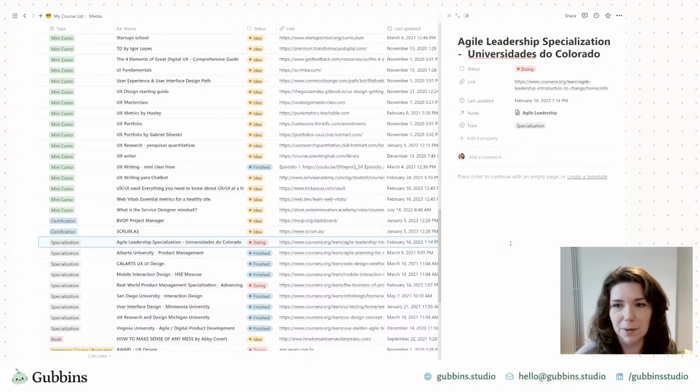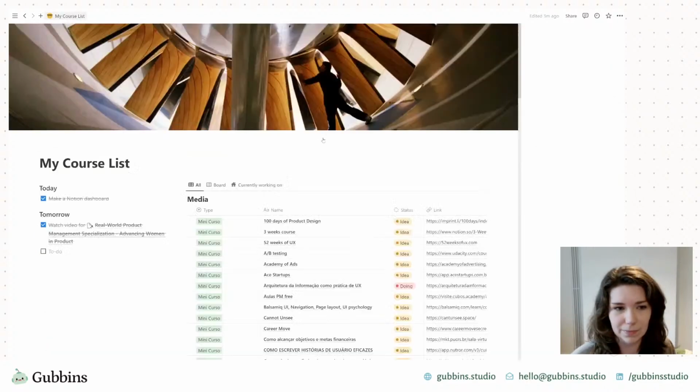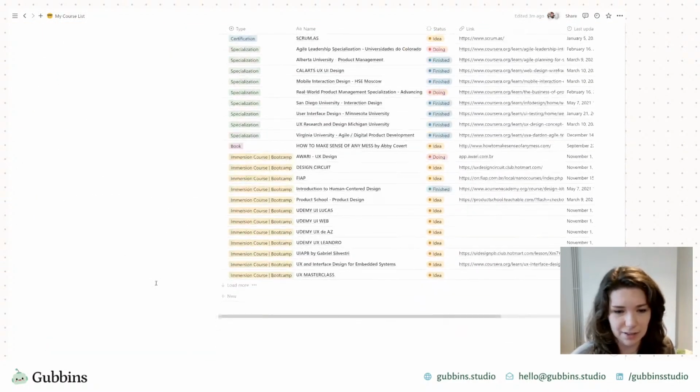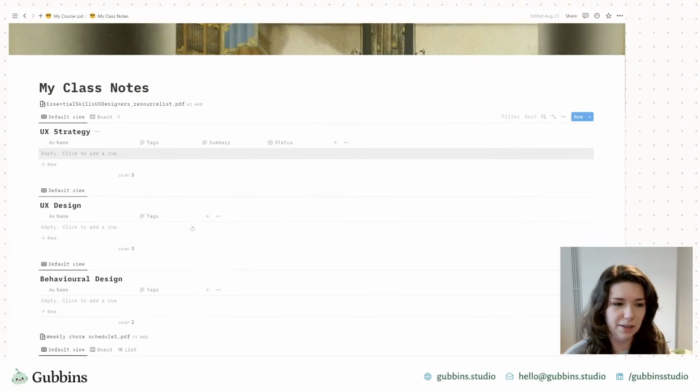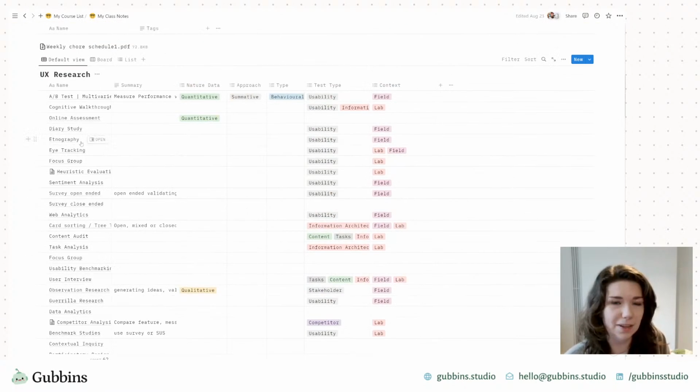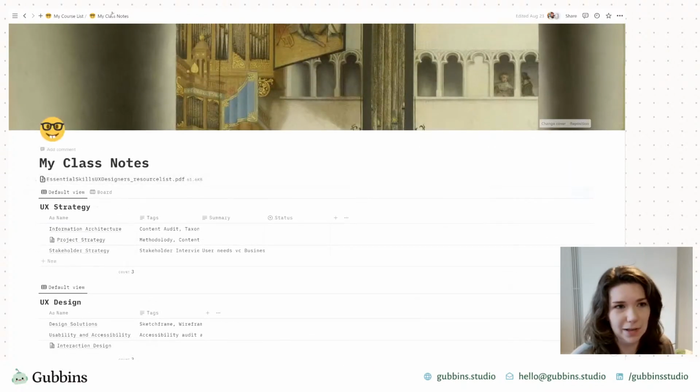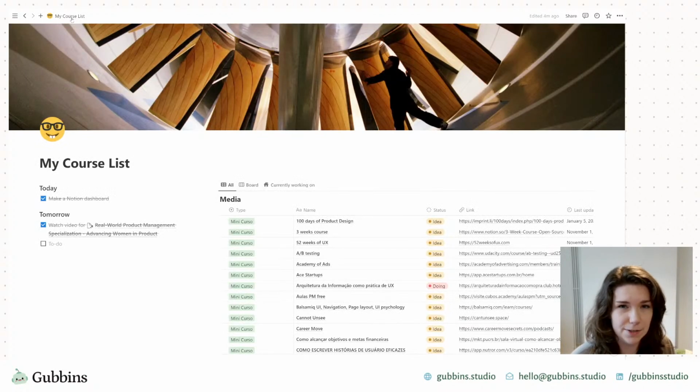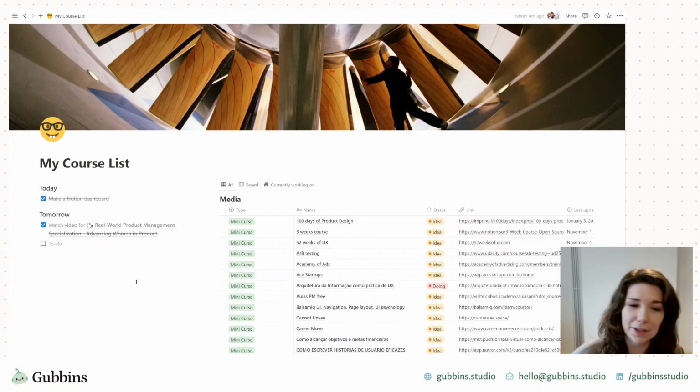So then if at any point I wanted to come back and cover something from this course, it would be easy to navigate that way rather than having to go from the master page, come down to class notes and dig through by topic, trying to remember, okay, I know it was on this course that I took the notes, but I can't remember exactly what the title was. I've not explained that very well, but being able to link the things that you've learned to the place that you've learned them, at least to me, makes it a bit easier to find them if I'm looking for them again.